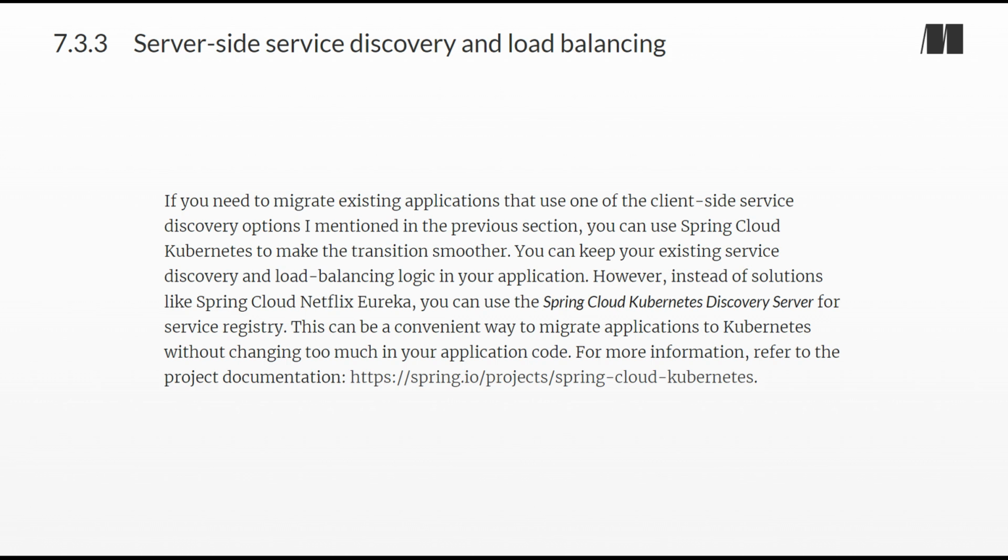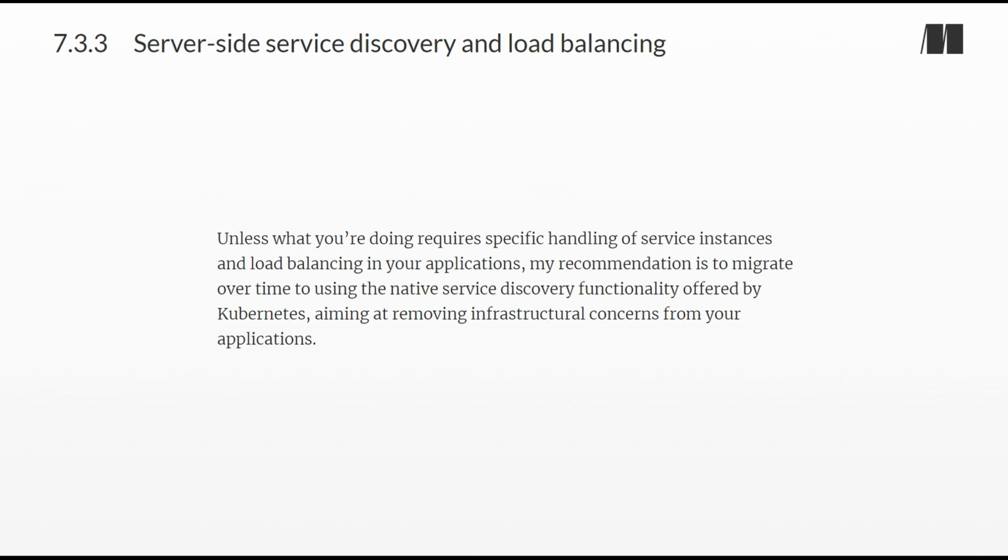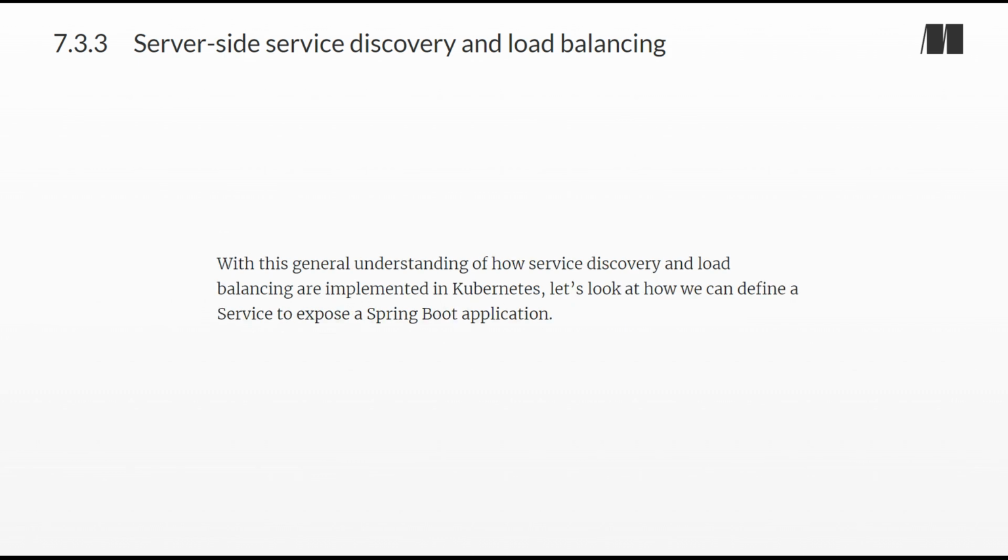This can be a convenient way to migrate applications to Kubernetes without changing too much in your application code. For more information, refer to the project documentation. See this link. Unless what you're doing requires specific handling of service instances and load balancing in your applications, my recommendation is to migrate over time to using the native service discovery functionality offered by Kubernetes, aiming at removing infrastructural concerns from your applications. With this general understanding of how service discovery and load balancing are implemented in Kubernetes, let's